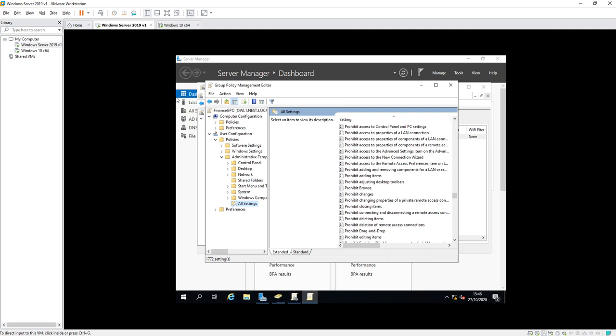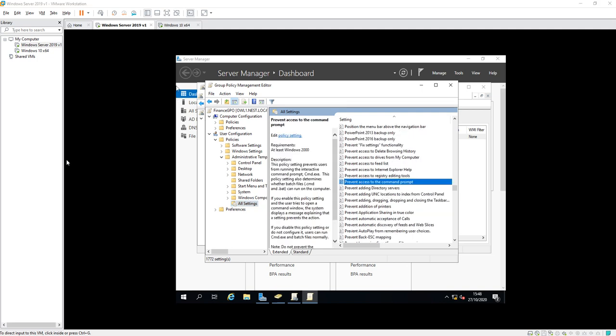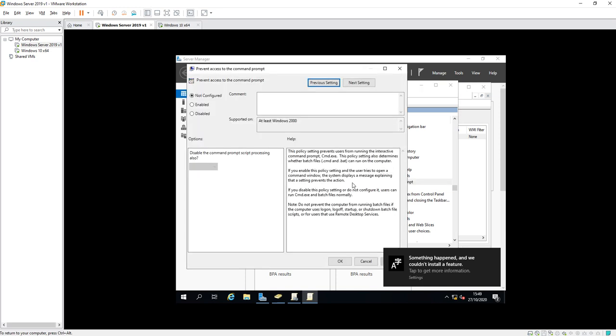So I'll just find the prohibit the run command. Okay, so after a little bit of going up and down, it's not prohibit, it's prevent. So prevent access to the command prompt. So double click that, and if I click enabled,